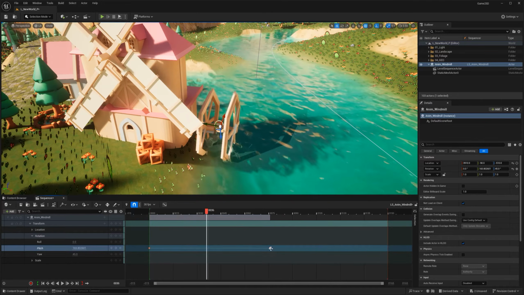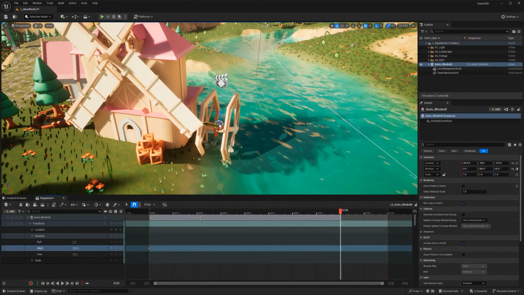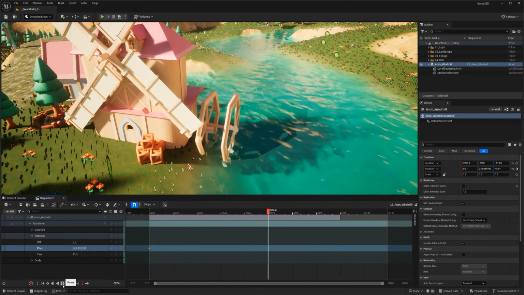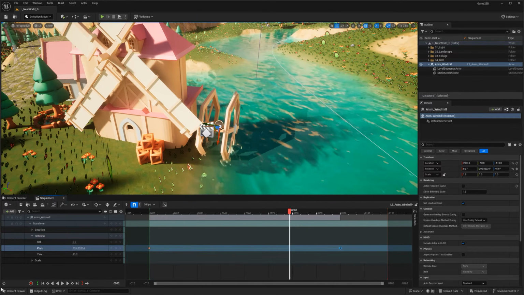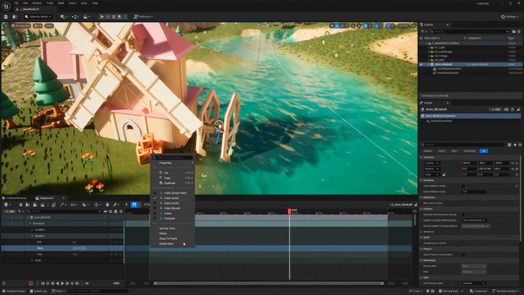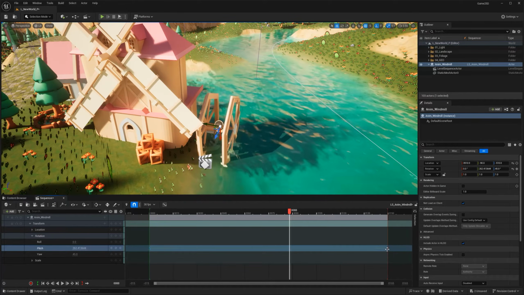It's ramping up, so that's a problem. I'm just going to move this all to the end, to be honest. So just push it all the way here. And the reason why this is speeding up and down is because the interpolation is set to cubic, which is essentially ease in and out. What I want is to have linear.